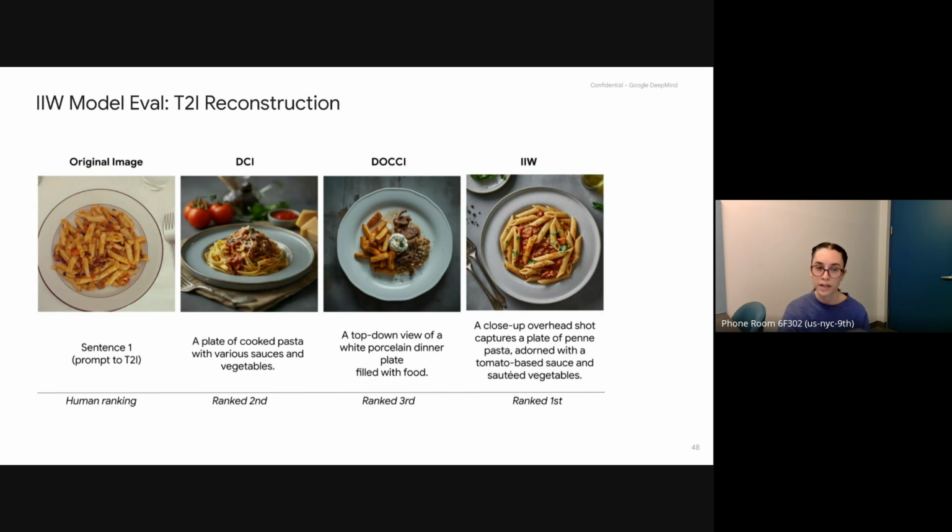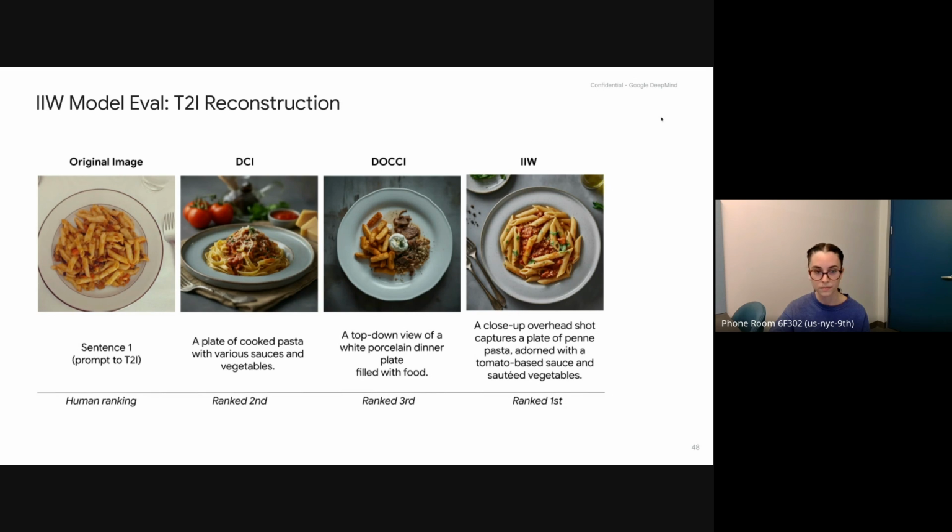So generated from the fine-tuned DCI model, the fine-tuned IAW model. And you can see immediately the similarity from the original image and this reconstructed image provided by this ImageInWords description. We have, again, this camera angle is spot on, which we've noted has been really important in our guidelines. We also see details like the pasta shape is really accurate. And so it's really clear to see that even at that first sentence, we're able to reconstruct much higher